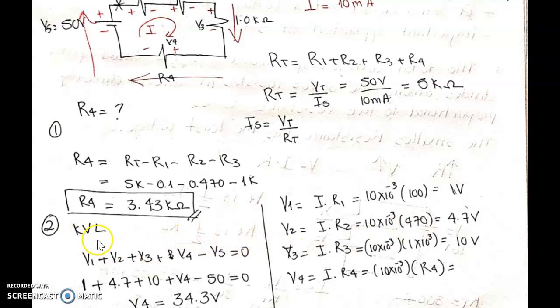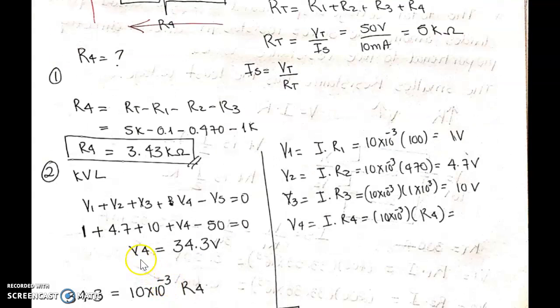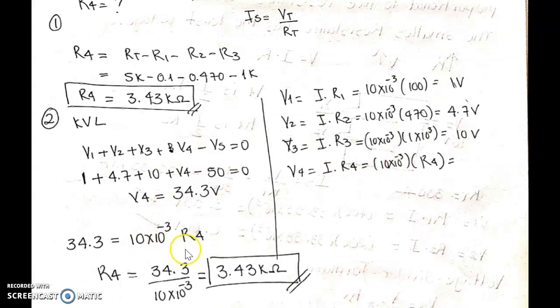So using a KVL, I know that V1, V2, V3, V4, and V source is equal to 0. So 1 is 1, 2 is 4.7, 3 is 10, 4 I don't know, source I have it, and my voltage across V4 is 34.3 volts. So I can put it here. Then from here, I can solve for my R4, which is